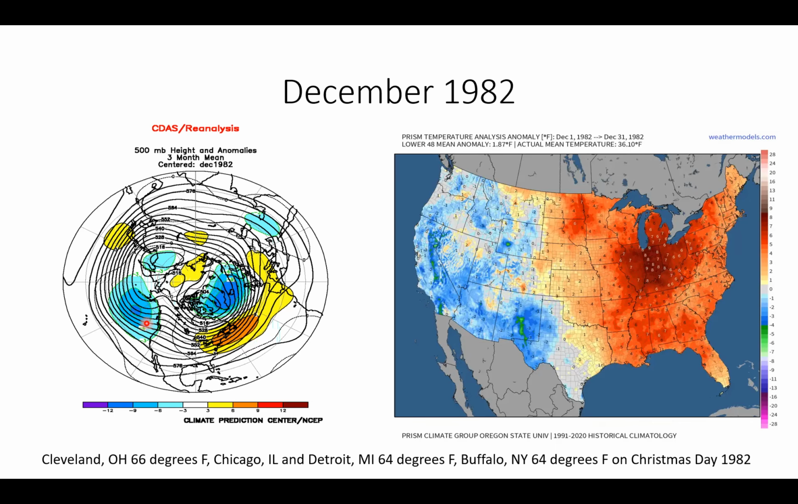Whenever you see the blue coloring, that's indicative of upper level troughs, associated with cooler and unsettled weather. All right, so December 82 here on the left, 500 millibar heights and anomalies. You clearly see the orange and yellow coloring from the mid-Atlantic into the western and North Atlantic Ocean. And these are the temperature anomalies in December 82 on the right, showing well above normal readings in the orange colors